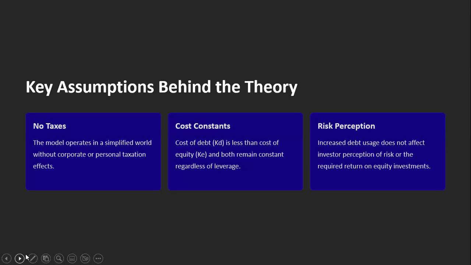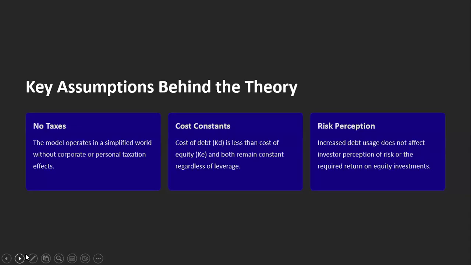So according to this theory, the first assumption is no change in flow of income and taxation. Second, no change in cost of debt and cost of equity. Most important, cost of debt carries less interest, less value compared to the cost of equity. So if I need to raise capital for myself, the cost will be more than inviting other capital, that is bonds, debentures, and preference shares.